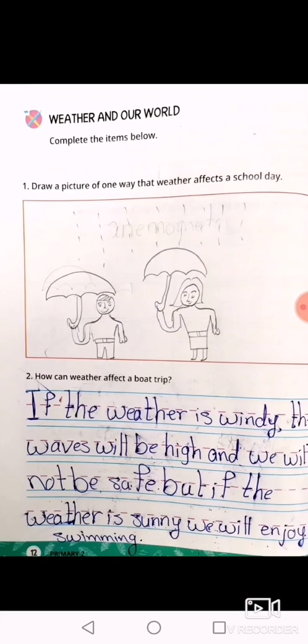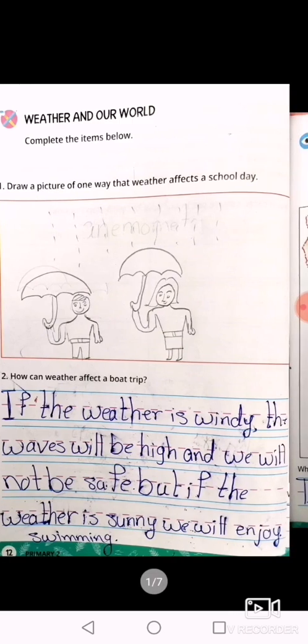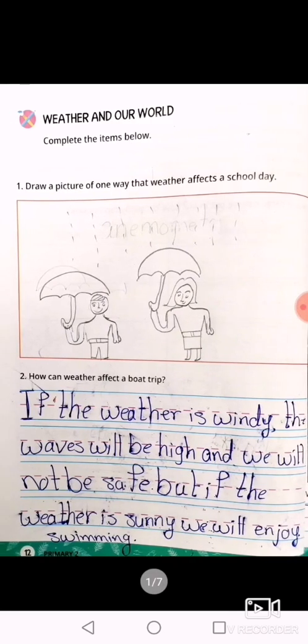How can weather affect a boat trip? If the weather is windy, the waves will be high and we will not be safe because the boat will move too much. Okay, but if the weather is sunny, we will enjoy swimming, right? Okay,